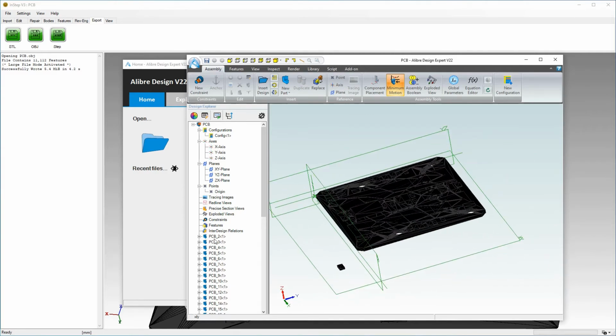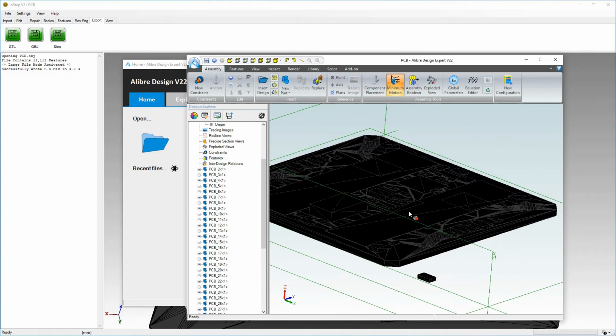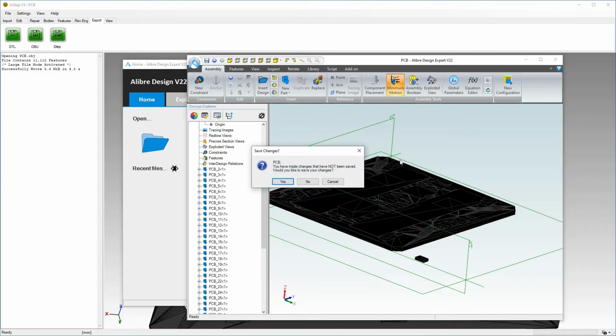We can see that we have individual components. They weren't given any color information, so they all come in as black. But in general, this would be an acceptable way of converting the data. In this case, this wasn't quite what we had in mind, so we are going to close this and proceed through the actual process that we want to show here.